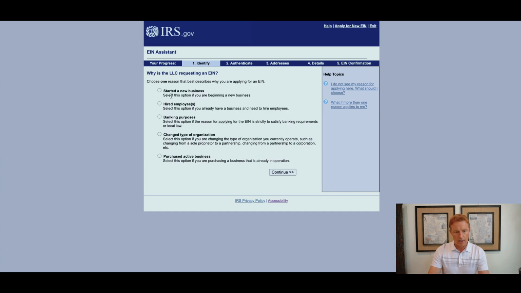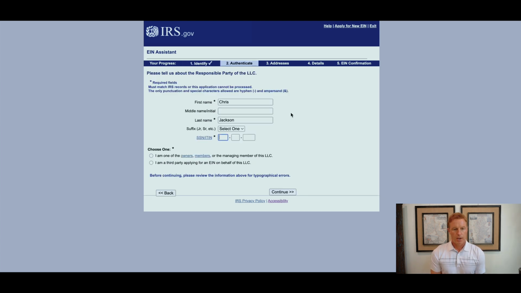Okay, why is the LLC requesting an EIN? If it is a new entity, simply select you started a new business. If start a new business is not the correct answer for you, you have other options down here. Continue. Okay, so we've arrived at the page where we have to indicate who is the responsible party of the